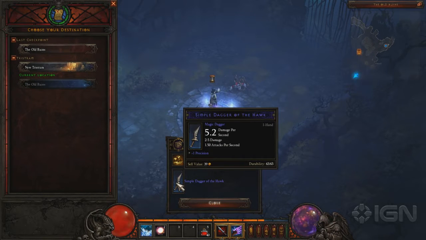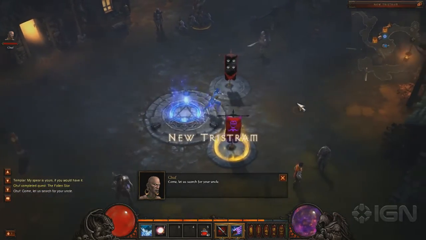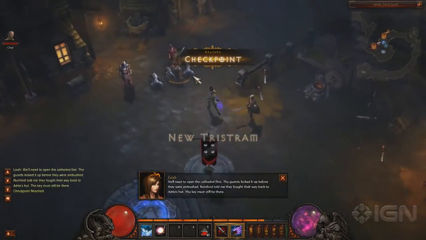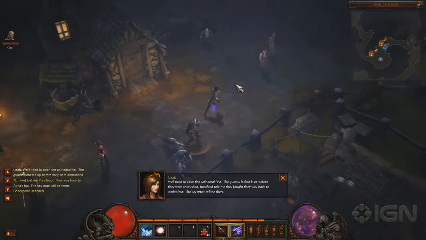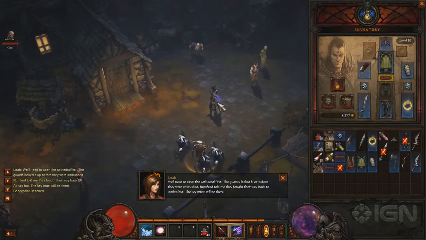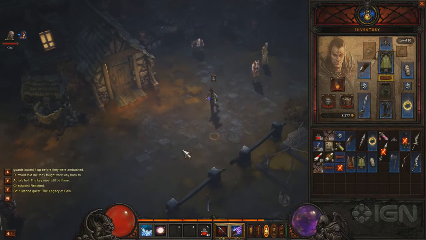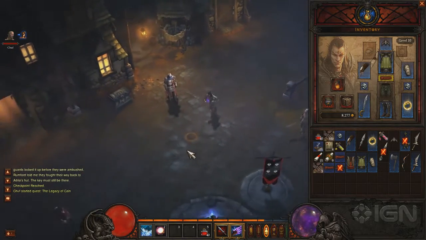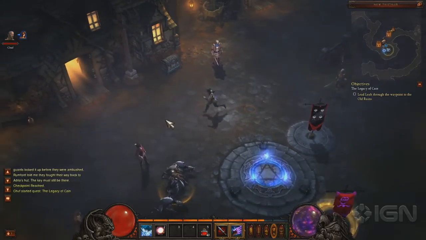Ooh, quest rewards. We just completed the quest of killing the zombies, and now we're going to officially help Leah look for Deckard Cain, who has been a consistent character through the series. Traditionally, he identifies items for you. And though town portal scrolls are not in the game, scrolls of identify are still in the game. So when you find rarer items, like for instance, this one, which isn't super rare...